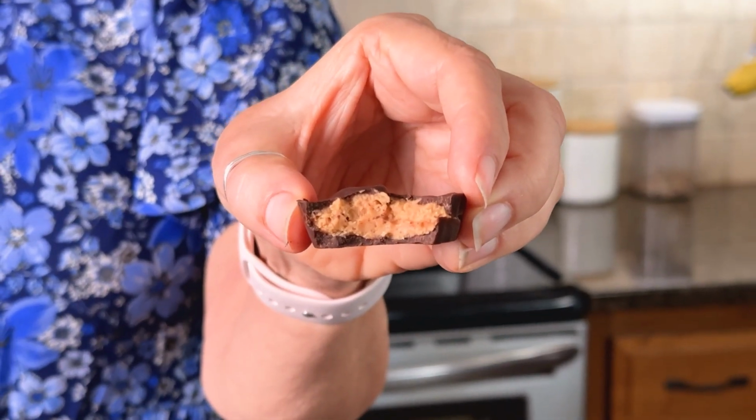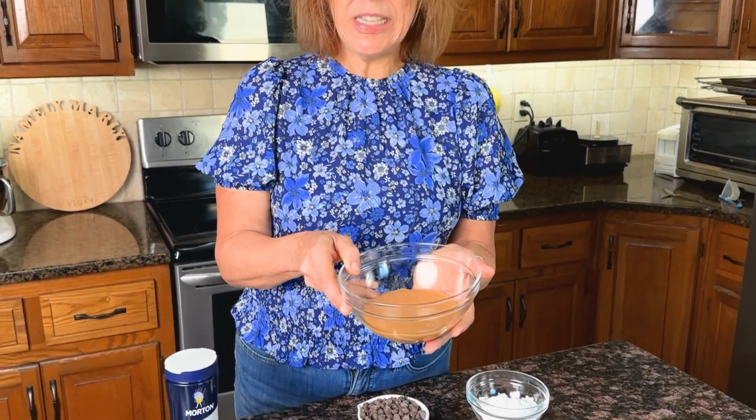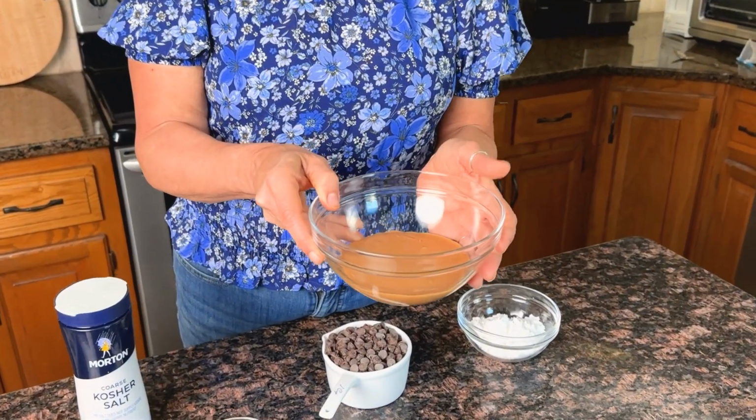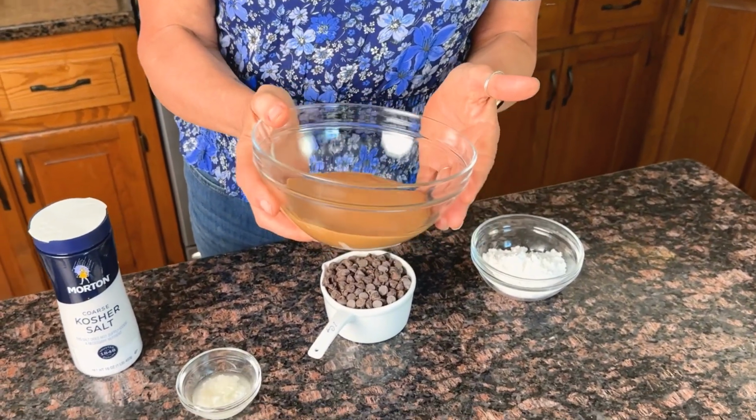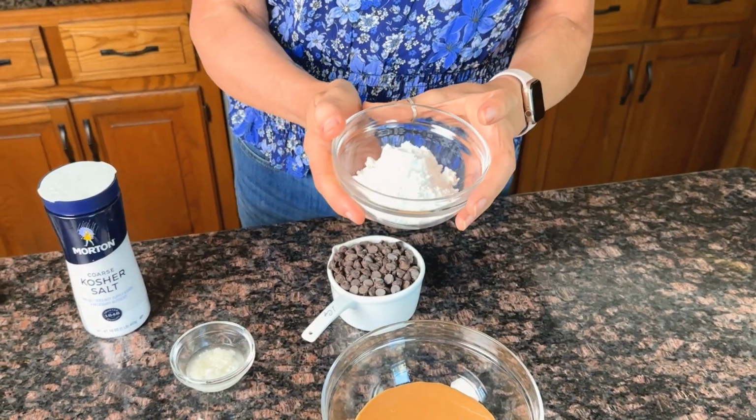They're incredibly easy to make and they taste just like the real deal. In fact, I think they're even better. Let's go over the 5 ingredients you're going to need to make this recipe. I need some peanut butter. I like to use creamy peanut butter, but I've microwaved this a little bit to make it easier to stir. Some powdered sugar,